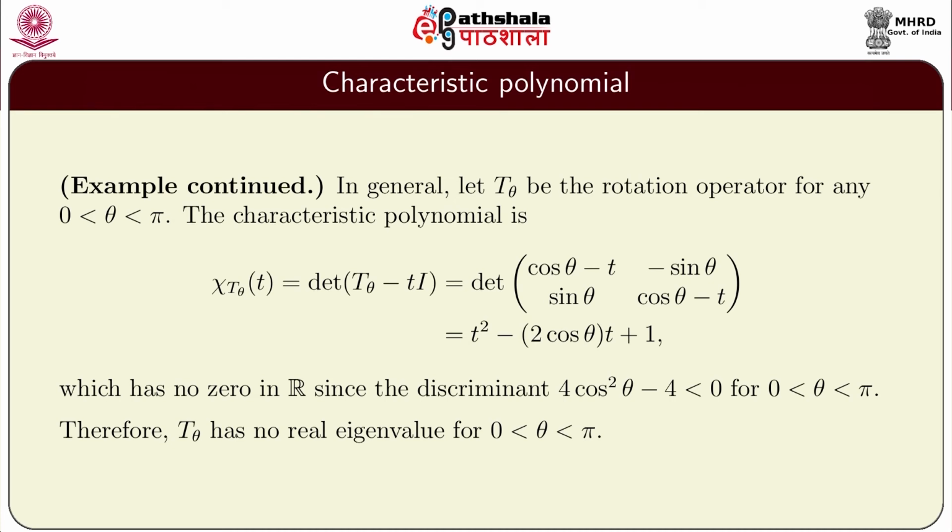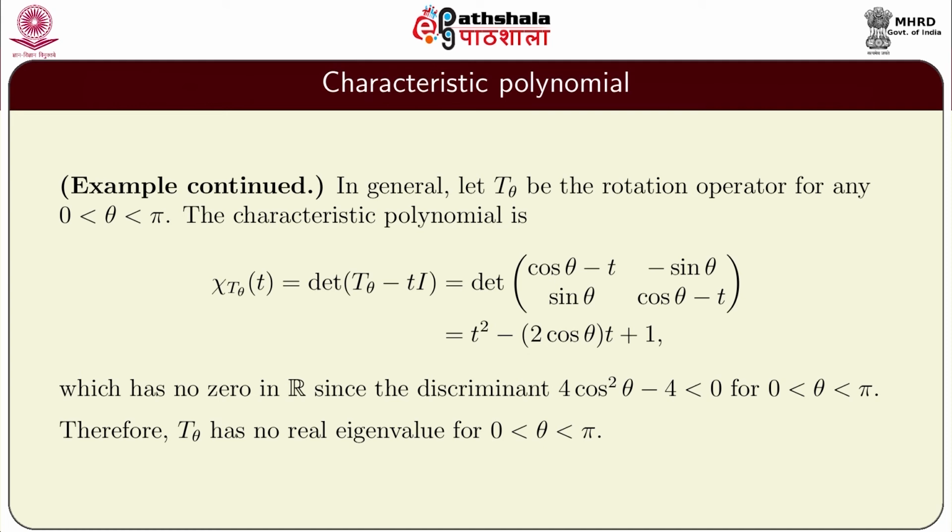Then the characteristic polynomial is chi_Tθ(t), that is, the determinant of Tθ minus tI. We know the matrix representation of Tθ with respect to the standard basis. It is cosine theta, minus sine theta in the first row, and sine theta, cosine theta in the second row. So, the characteristic polynomial will be the determinant of cosine theta minus t, minus sine theta in the first row and sine theta, cosine theta minus t in the second row, and the determinant is t square minus 2 cosine theta